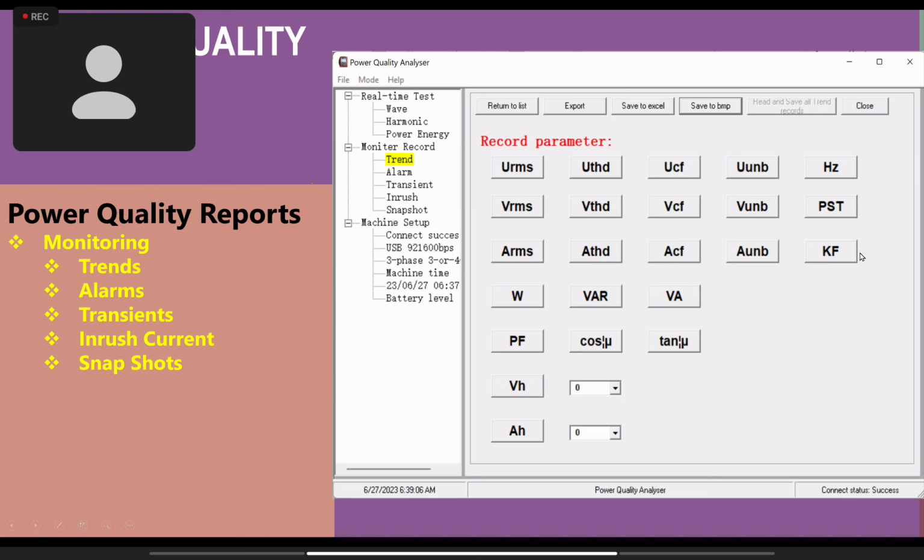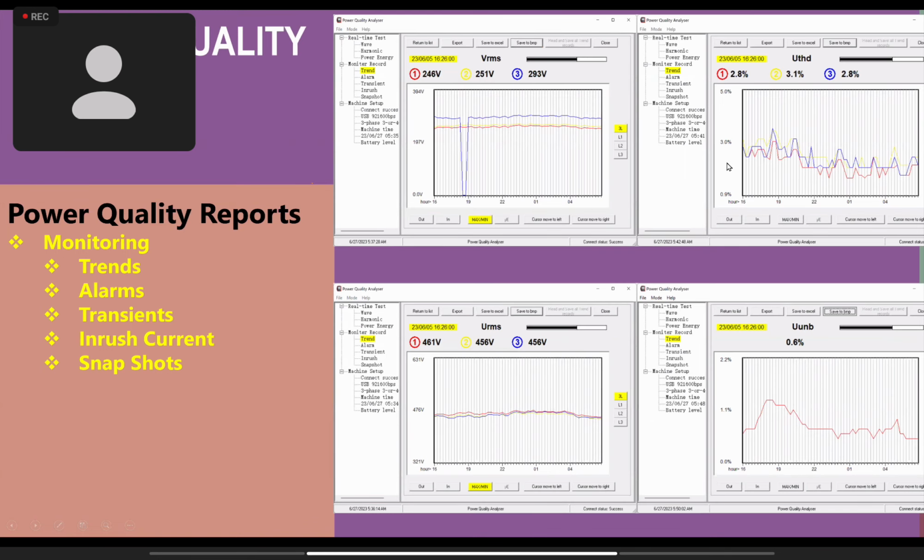So all of those can generate a waveform na ma-save sa ating computer for all the information for a certain period of time that we want our analyzer to do. So ito yung sa trending makikita natin. Okay, so what are the waves that we can get? For example, dito, kita natin dito, measurement natin. As an illustration, dito sa